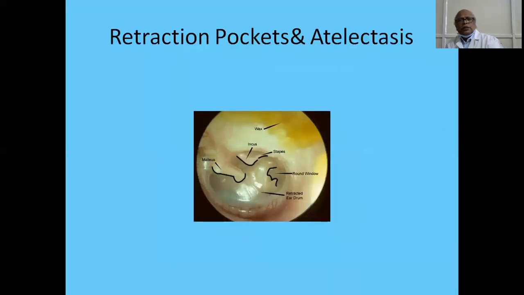Sometimes the negative pressure in the middle ear cavity is so much that the entire drum is withdrawn and there will be atelectatic parts. In some areas, it will be plastered to the middle ear cavity. If you see patients at this particular stage, you have to do what is known as myringotomy and grommet insertion, which we take up in subsequent classes for treatment of glue ear.